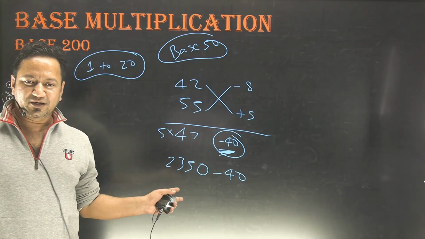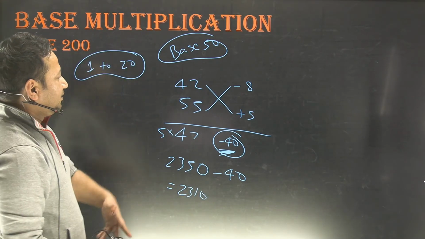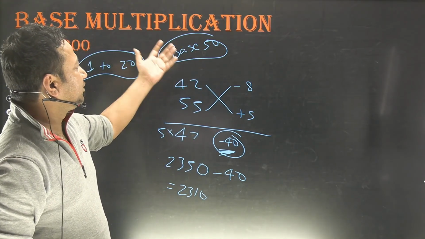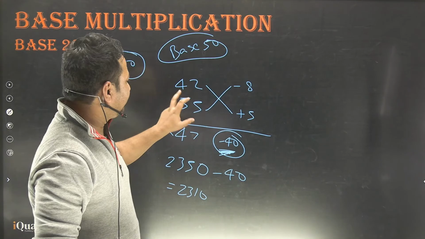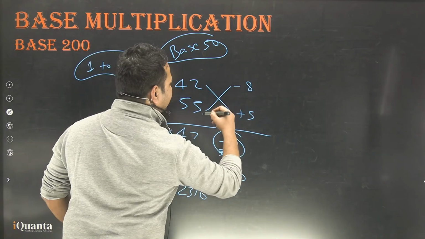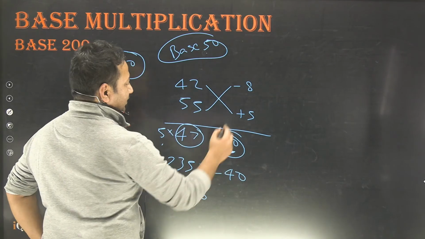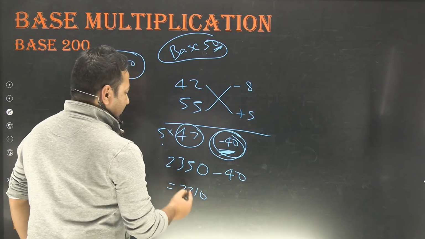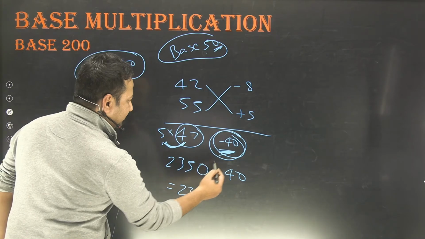All right, got it. 2310 is the answer. I'm repeating. 42 and 55 both are near 50. 50 is a multiple of 10, so it can very well be a base. 42 is 8 less than 50. 55 is 5 more than 50. And 42 में plus 5 करो या 55 minus 8 करो, you get 47 in both the cases. Base is 50, so multiply by 5. Minus 40 is the deficit. Only one 0 is there in the base, so only one digit is allowed here. So when I get 235, from this I put a 0 and then subtract 40. That is what I have done.